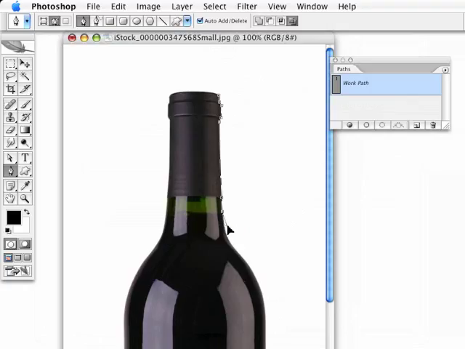Now I'm going to click and drag a little bit to create a handle and start to drag and try and kind of match up with the line of the bottle. Now the challenge with this is always to know where to click, and I can't give you any really great rule of thumb other than just to try and experiment. The key thing to remember is that matched pretty well there, but let me undo that part, and let's say that I only tried to go to here